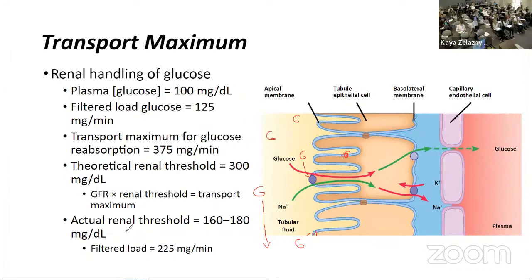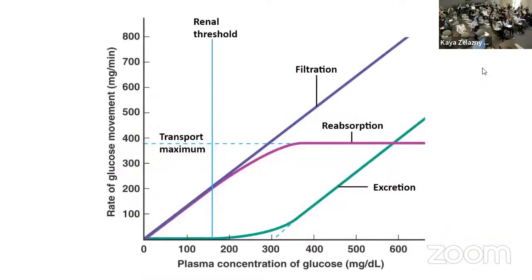Okay? So your actual renal threshold, the actual value of glucose in someone's blood where you start to see glucose in their urine, is much lower than the theoretical renal threshold. The actual renal threshold where you start to see glucose spillover is about 160 to 180 milligrams per deciliter. That corresponds to a filtered load of 225 milligrams per minute. So here we see